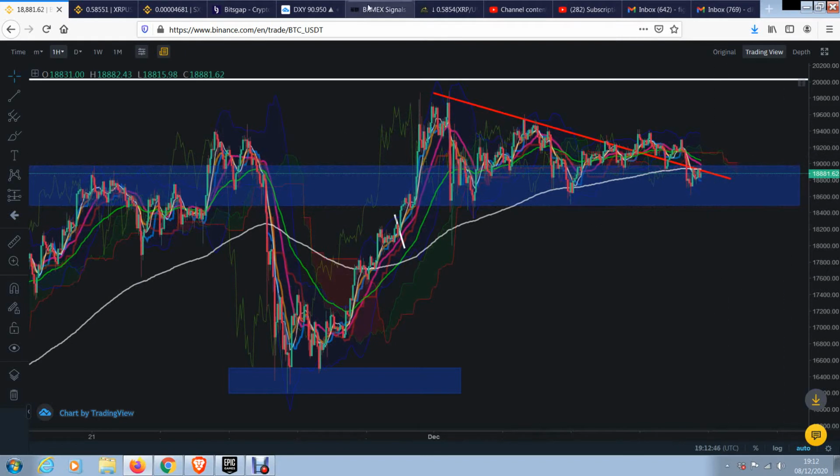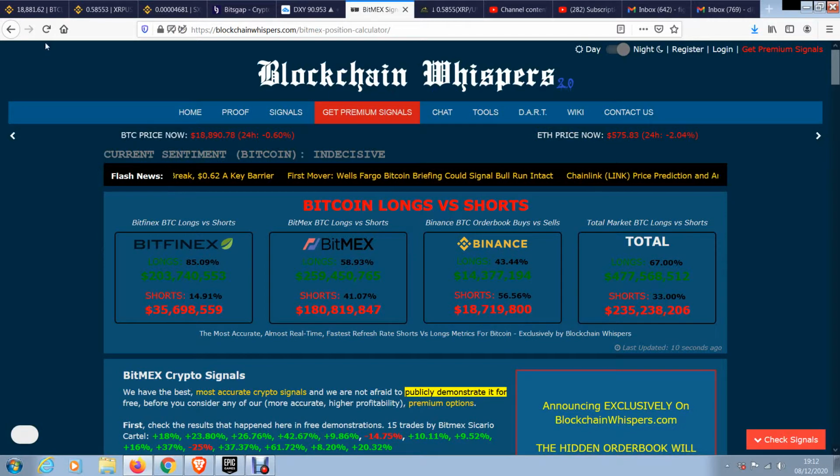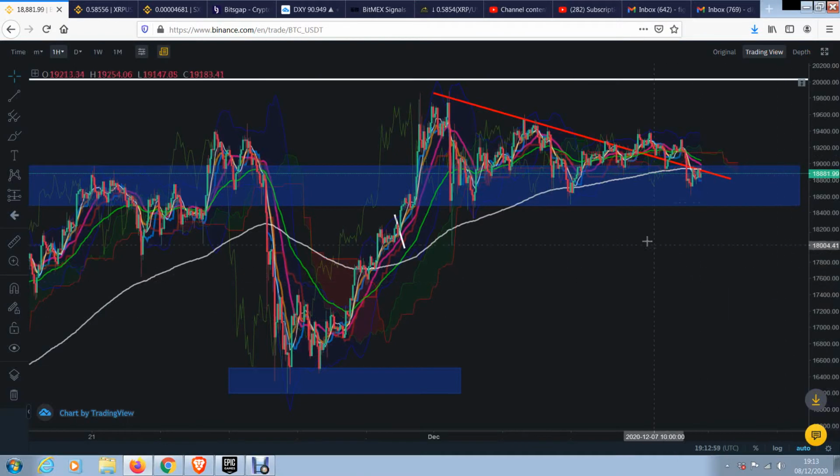into fashion. And you could also see on here that these shorts are kind of up and down below the 70% mark, but generally speaking the longs are quite hefty on the retail side of things. What we're looking at basically is a resistance line here. This resistance, it's nothing to be concerned about, but it has proved to be relatively strong in the